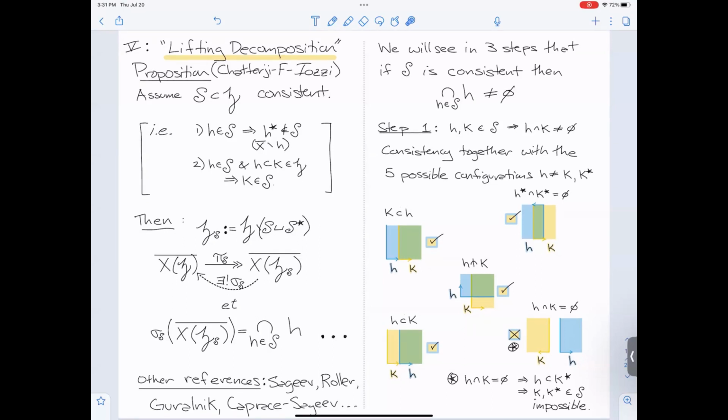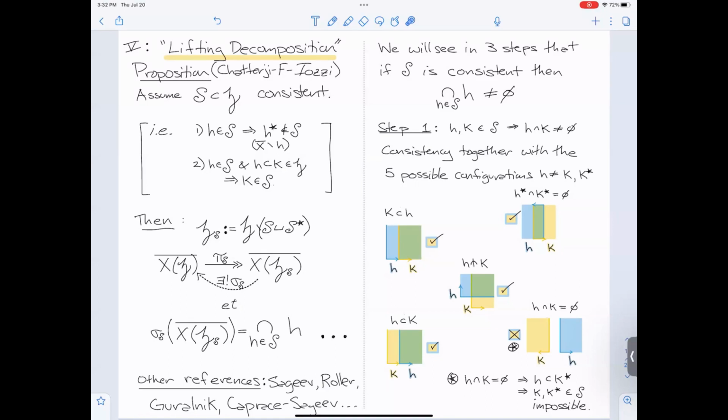I include further references here because the content of what we did was to somewhat uniformize some other examples that were available already in the literature and make this general framework for that. I'm going to prove for you that if I have a consistent set, then the mutual intersection of those half